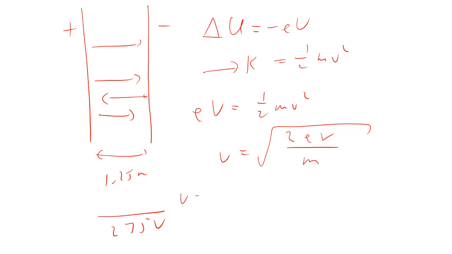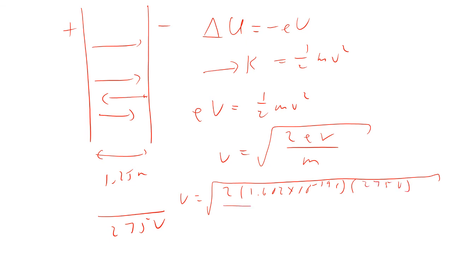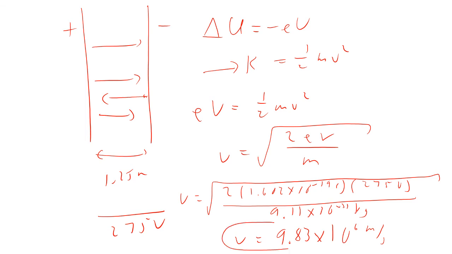So that means this is going to be the square root of 2 times 1.602 times 10 to the minus 19 coulombs times 275 volts divided by 9.11 times 10 to the minus 31 kilograms. And so that gives me a velocity of 9.83 times 10 to the 6 meters per second, which is exactly the same